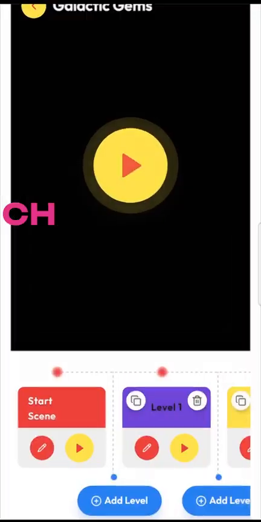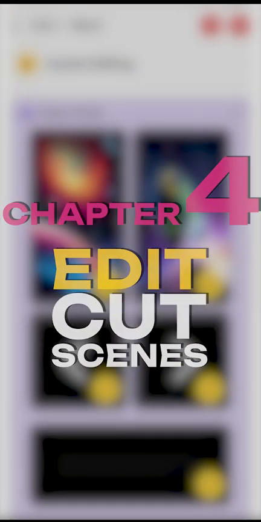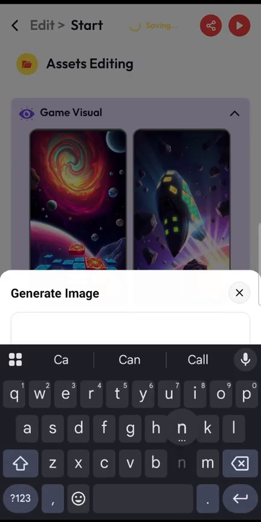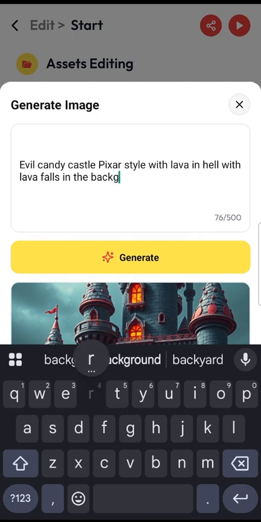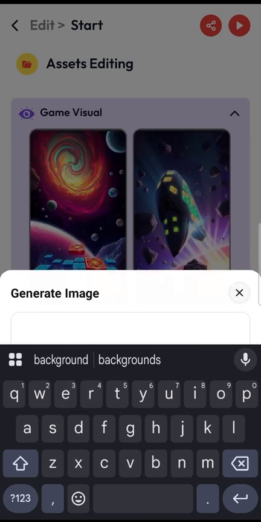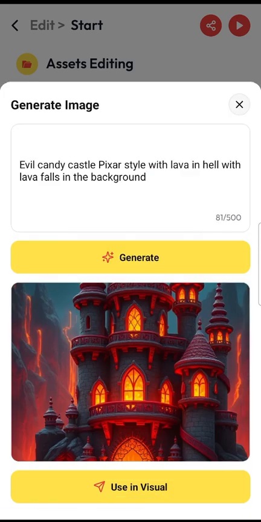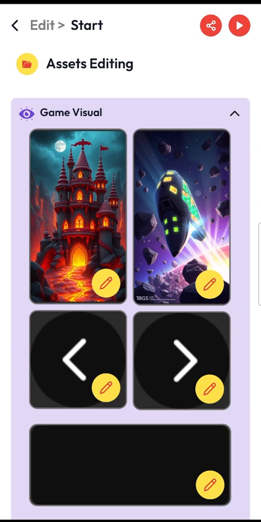Now I want to go to the cutscene at the start. Since it's completely space and gem themed, I need to craft a story that's more similar to the assets I've just used. So my idea is to create a candy themed castle, but also let's say there's a villain which could be like a fiery lava palace, and we have to take over this fiery lava palace with candy, and that's sort of the idea here. So I made the castle at the start, and in the end